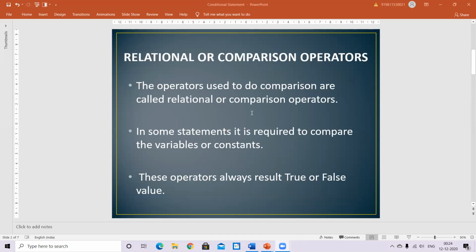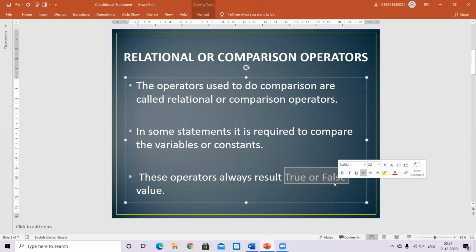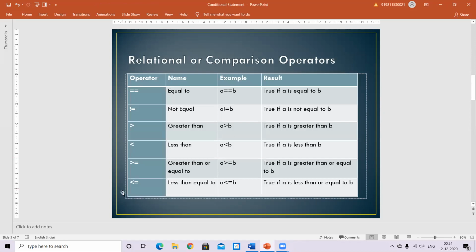Now, you need to know that these operators always result in true or false. They are never going to result in a proper value. Like if I say 3 plus 4, your answer is a value, 7. But when I'm using relational operators like these, your answer is always true or